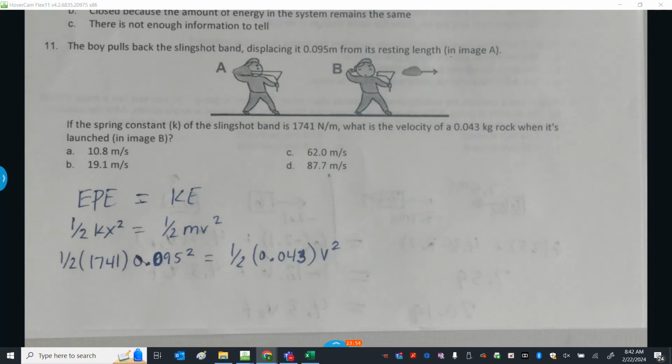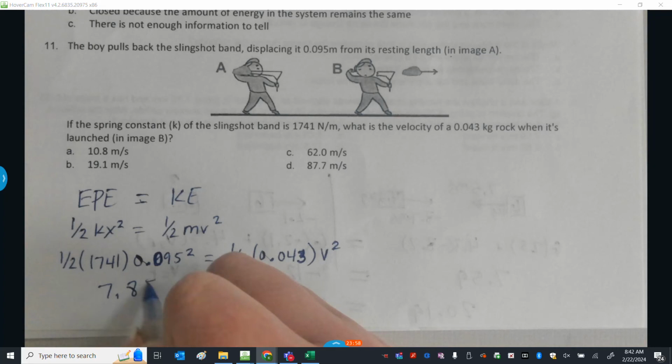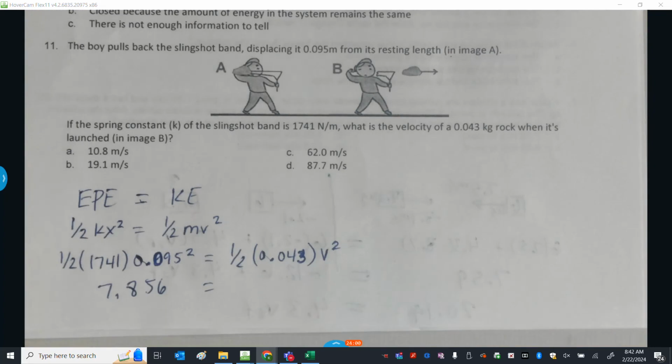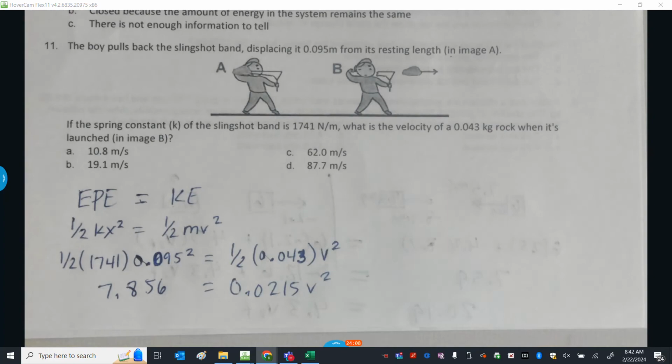And that is 7.856 equals 0.043 divided by 2, or half of that, which is 0.0215 v squared. From here we're going to divide both sides by 0.0215, and then we're going to have to take the square root. So the square root of that number that I got,